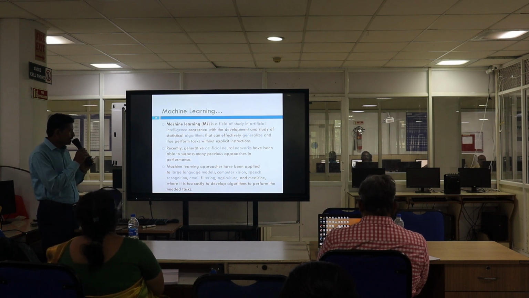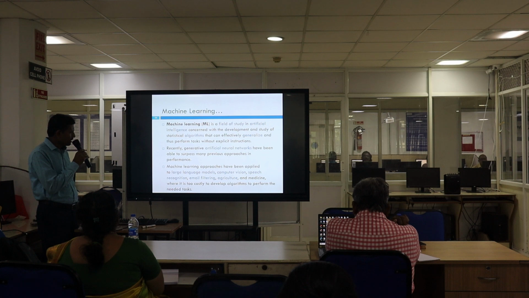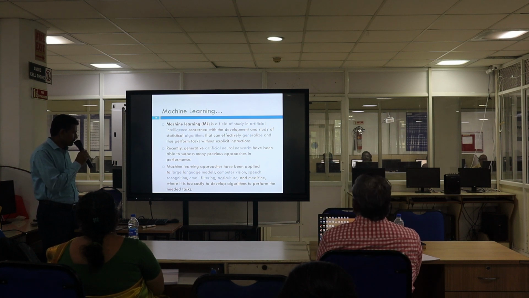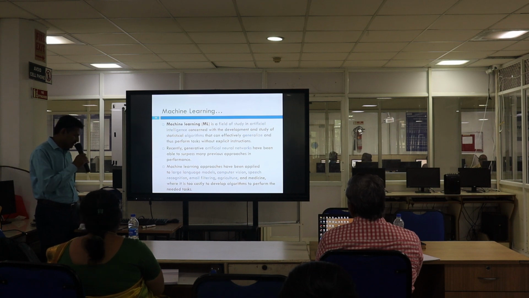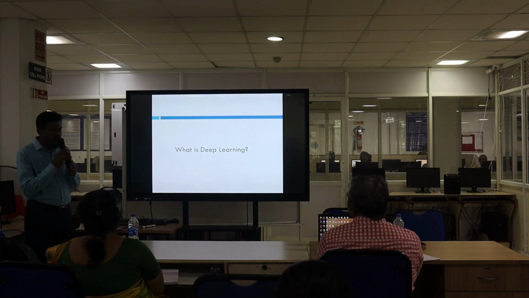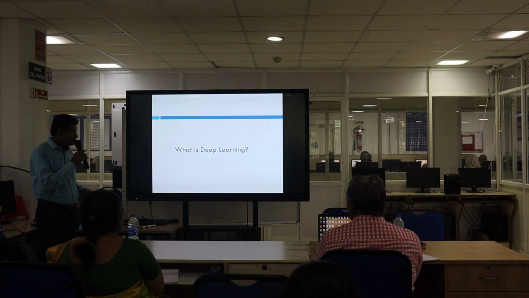Machine learning approaches have been applied to large language models, computer vision, speech recognition, email filtering, agriculture, and medicine, where it is too costly to develop algorithms to perform the needed task. So we are bringing together machine learning, deep learning, and artificial intelligence.